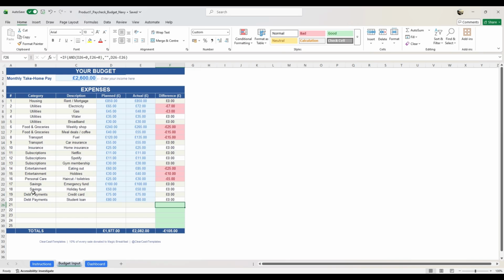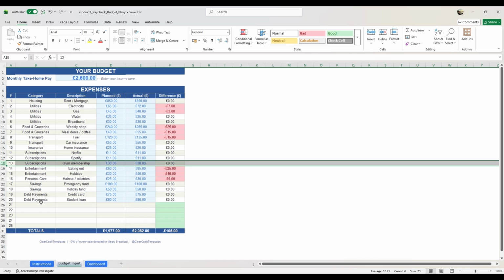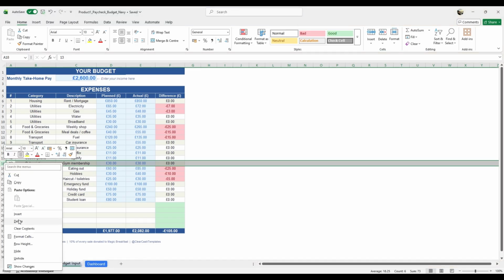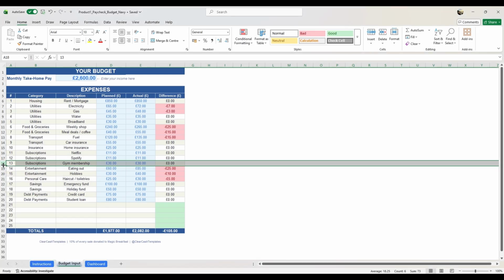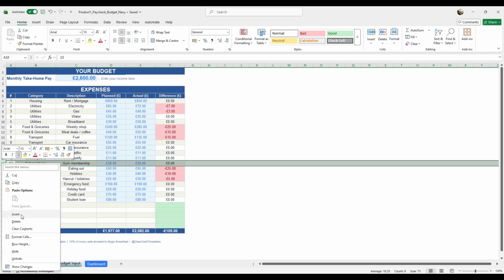Okay, so if ever you want to delete a row, let's say you've entered all the way up to gym membership, and a gym membership isn't something you've got because it's not for everyone, you can right click and delete that row. If you want to add a row, you can click insert,